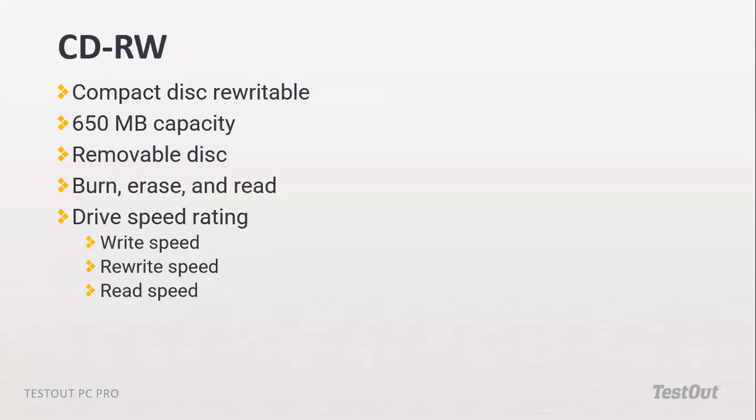So for the CD-RW, you're going to see that the attributes at the end, RW, ROM, W, or R, all mean something. When you see CD-RW, it stands for compact disc rewritable. That has a capacity of 650 megabytes. It's a removable disc where you can